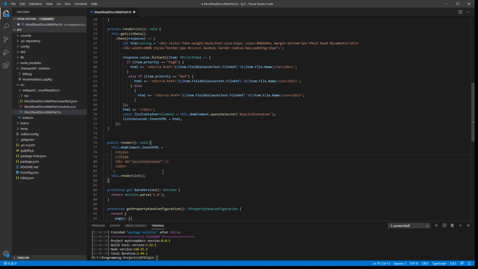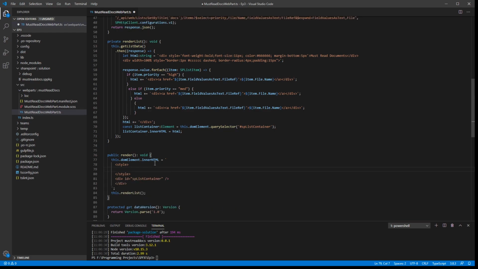Helps if I can type. In here, we're going to add some classes that we can add to our web part elements. So let's take a look at what we want to do here. So the first class I'm going to add is called doc